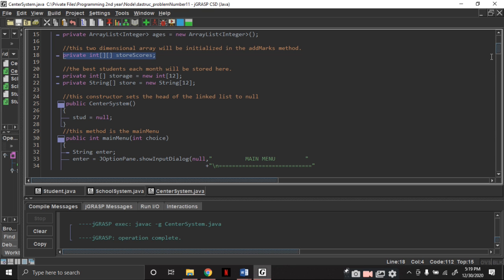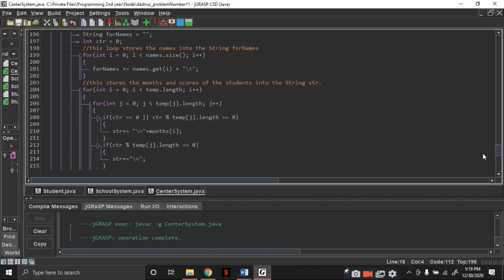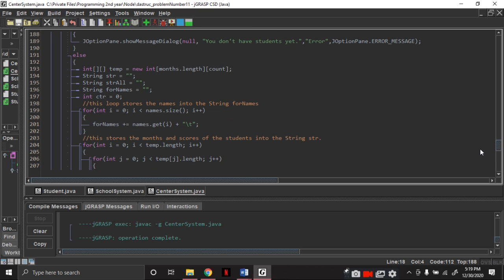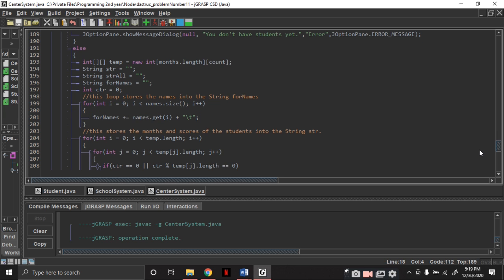This is very efficient, very useful in displaying, or it played a big part in displaying the student records. Then in the student records, I have an int temp.